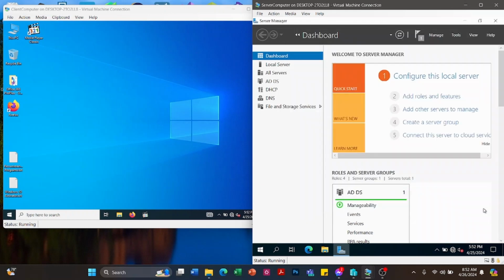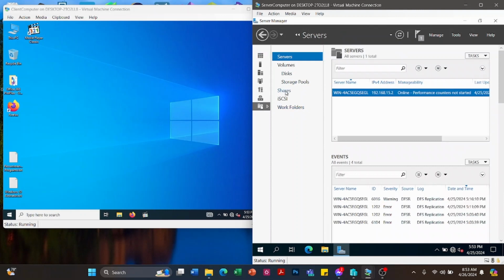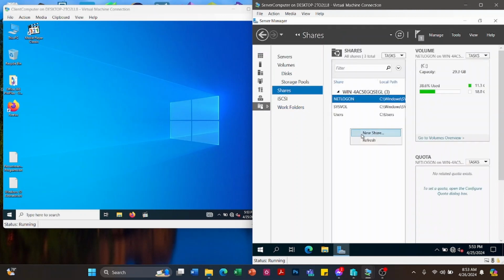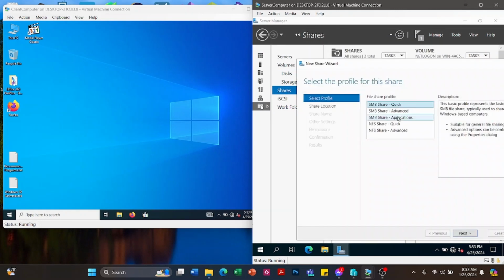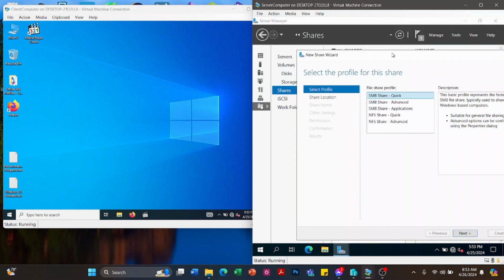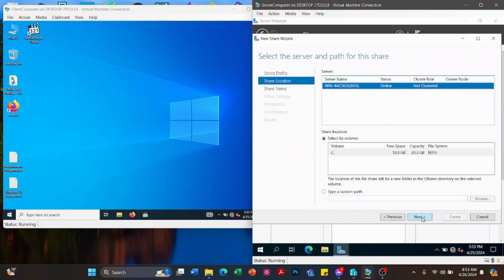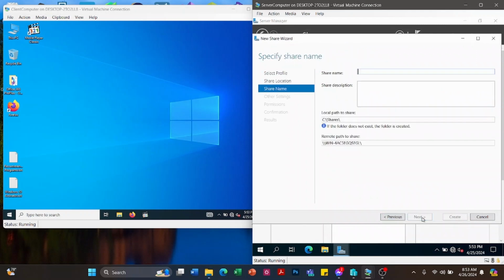Just click close. Okay. Then next one to do is go to file storage services, then shares. We are going to create a new share or new folder to be shared. Okay, so a new share wizard will appear. Then just click next, then next.